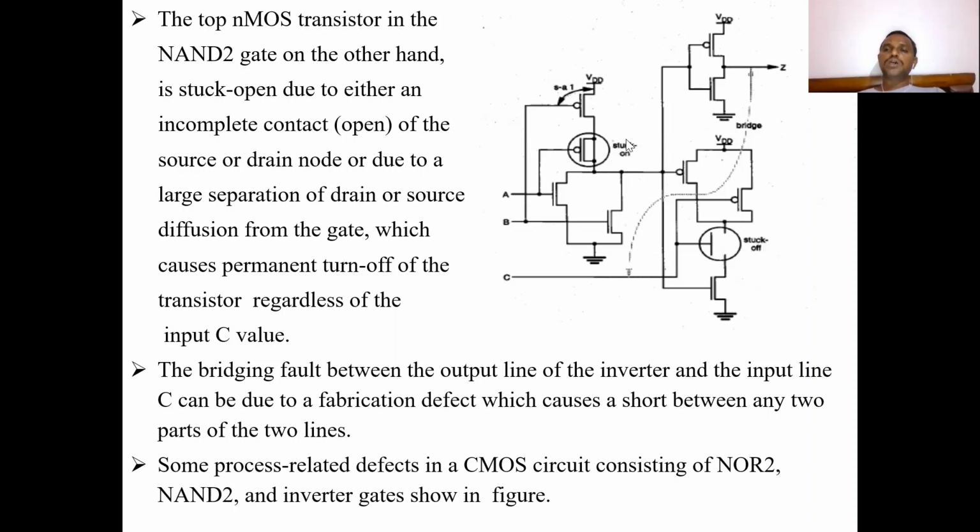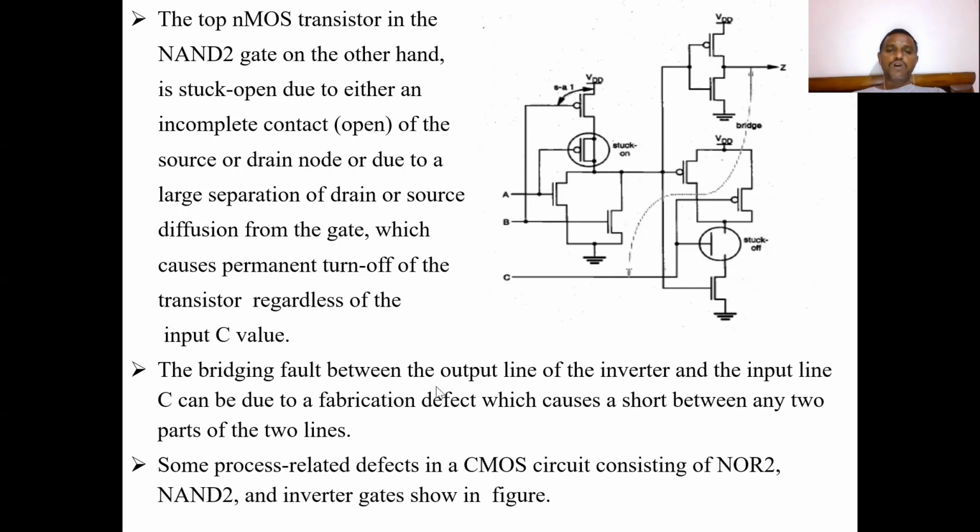Here, due to the combining of source and drain, we will get a stuck on fault. And at the same time, if you observe this diagram, here VDD is shorted with the gate of the PMOS transistor, so the input line B will always be stuck at 1. In the previous discussion, we have seen that the output is stuck at 0. Like that, depending on the physical defects, we will get different electrical faults, and those electrical faults cause stuck at 0 and stuck at 1, which are the logical faults.